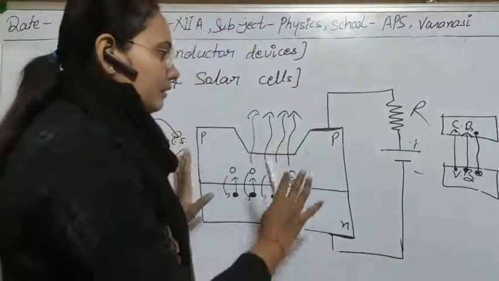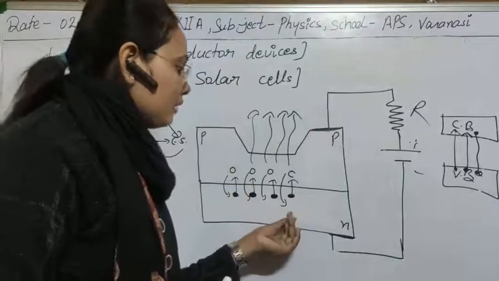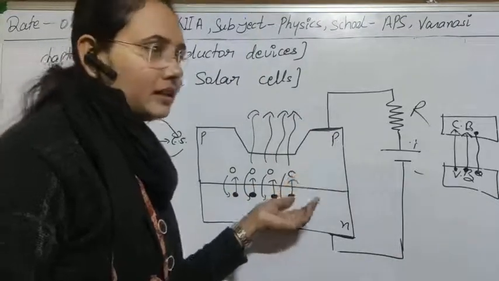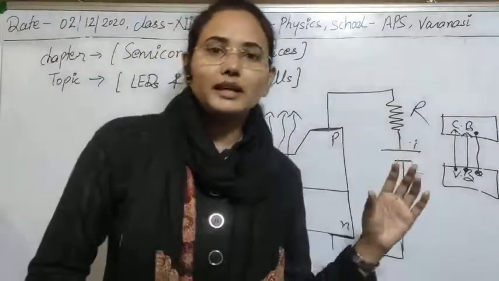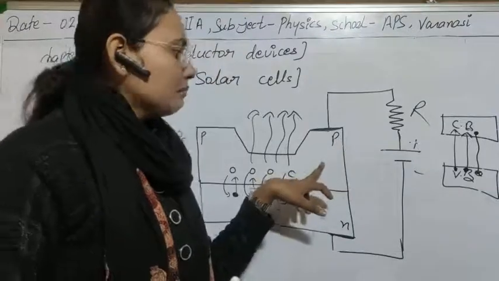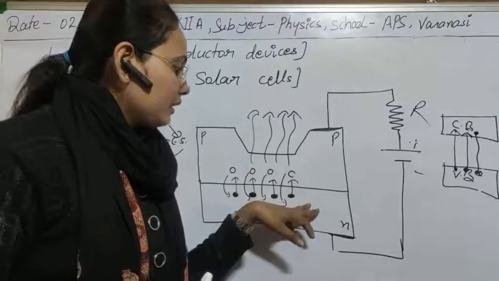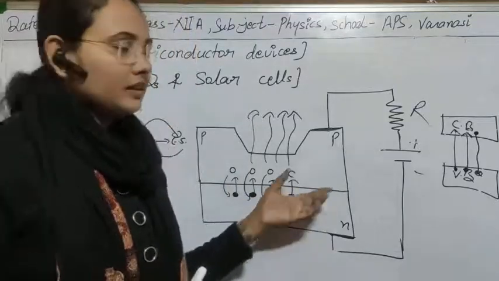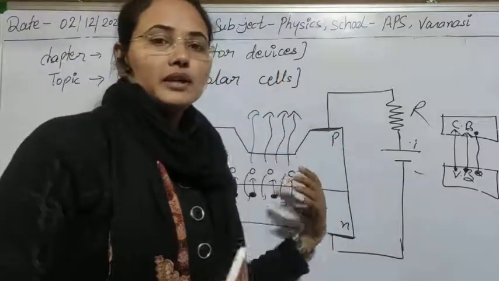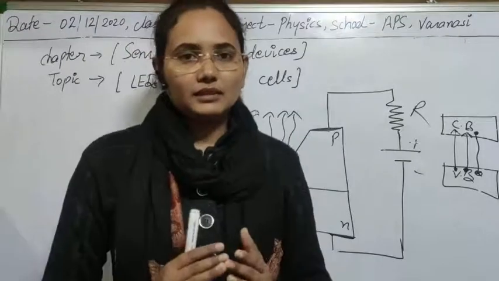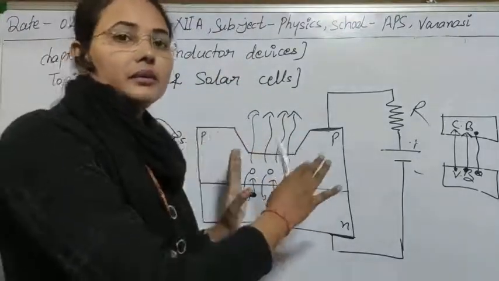So I think the working is very easy, very simple. Here the electrons are on one side and the holes on the other; they cross the junction and recombine. Minority carriers recombine with the majority carriers of p, and minority carriers on the other side recombine with the majority carriers there. Finally, light radiation appears due to their recombination, due to the release of energy. So guys, I think the process of the LED is clear to you already.